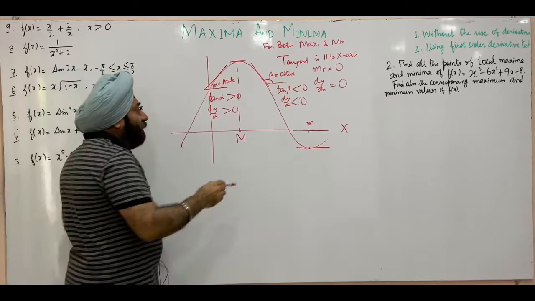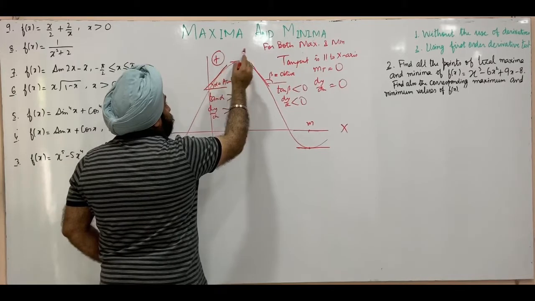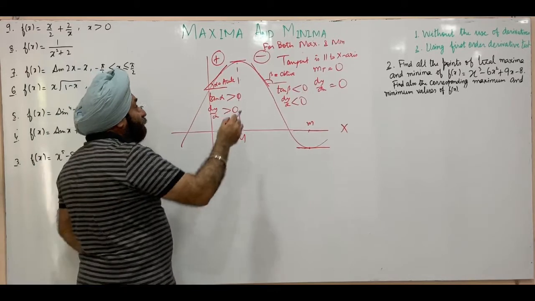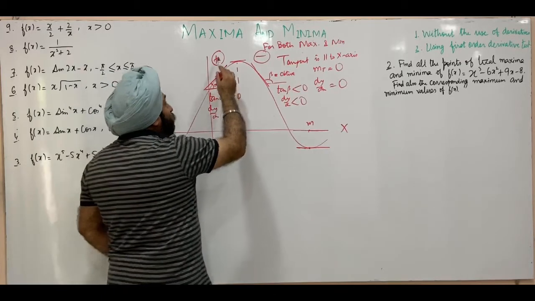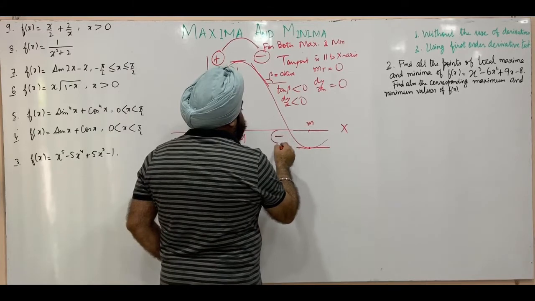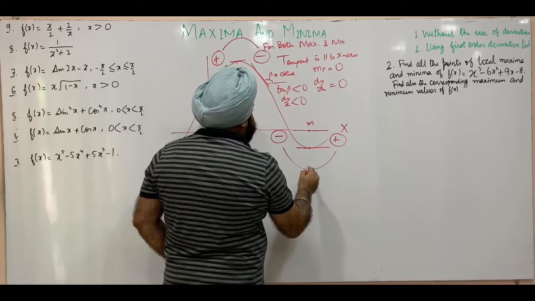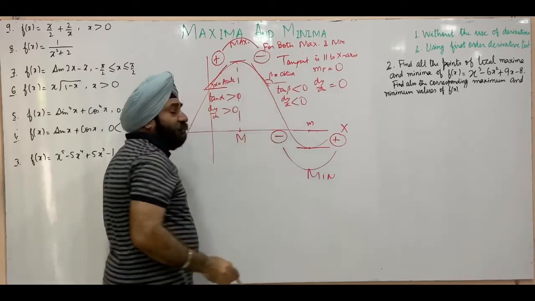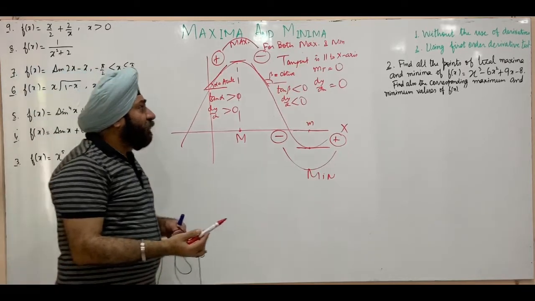So can we say, before the point of maxima we have positive slope, after that it's negative slope. So the critical point over which the slope of the tangent or the value of dy by dx changes sign from positive to negative is the point of maxima. Similarly, we'll have a negative sign here for the slope and a positive sign here. So if it's negative to positive, it's the point of minima. If it's positive to negative, it's the point of maxima. This is the concept. Let us use this concept to solve.